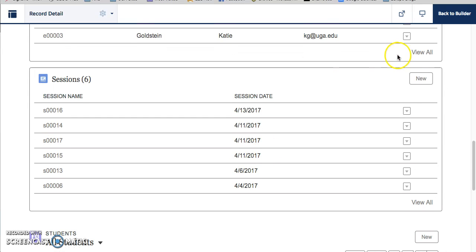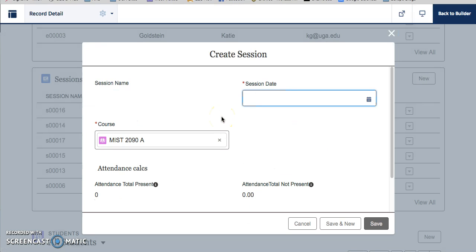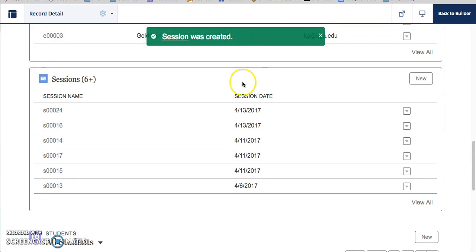Then I'm going to go to new session, which basically starts a new day for the class, and I can click the calendar here and click a specific date and save that, which starts a new session. And then if I click on that session,